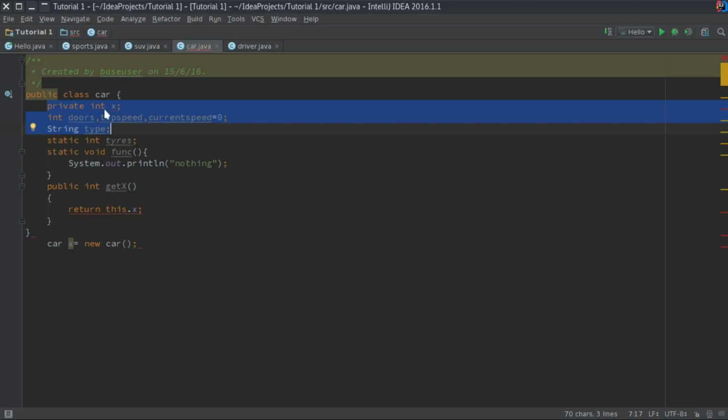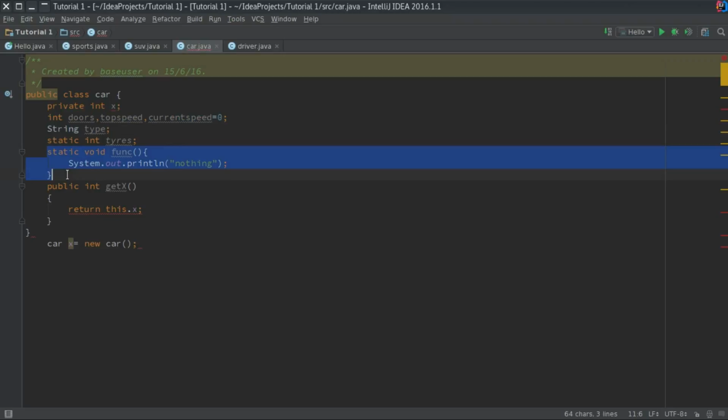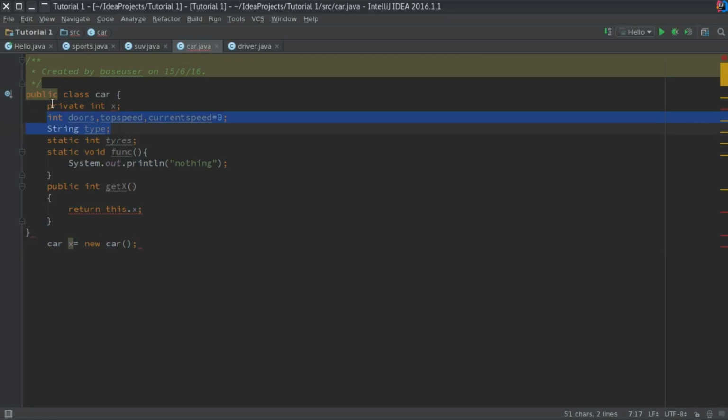So this x object will have bytes for all these, and that will be basically wasting memory, because you need to only call this function and do nothing else, and for that you are creating an object which will acquire this much amount of space,